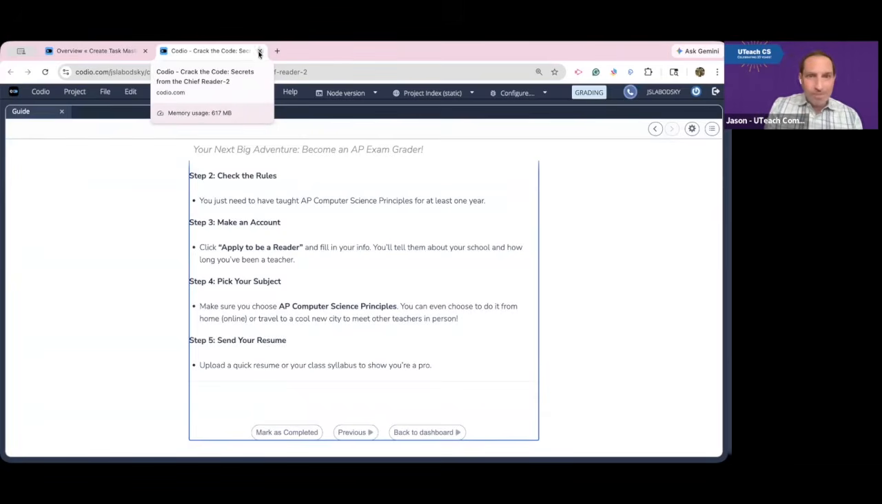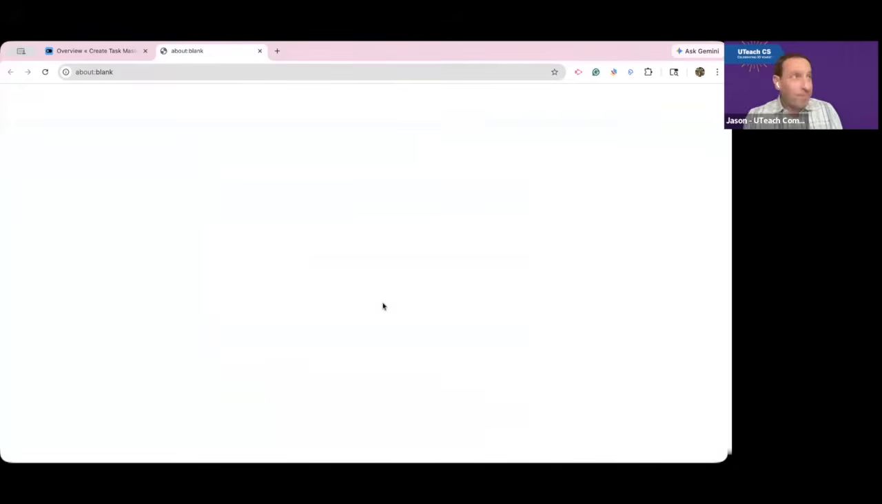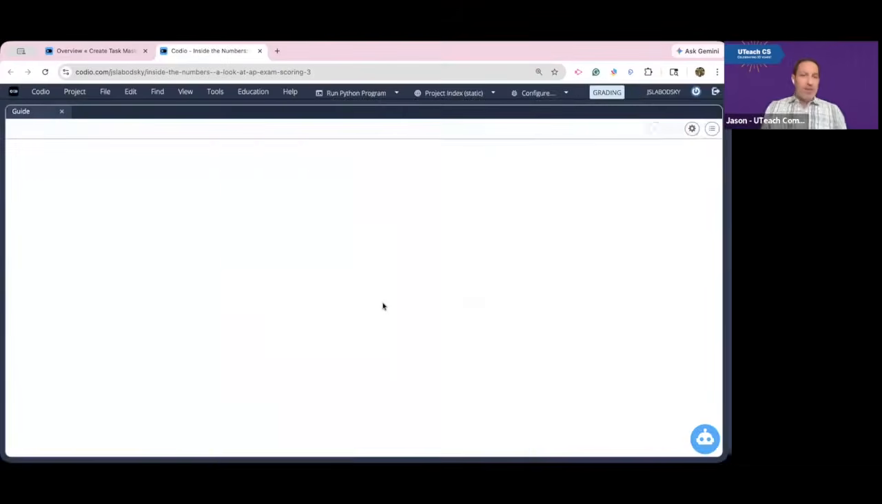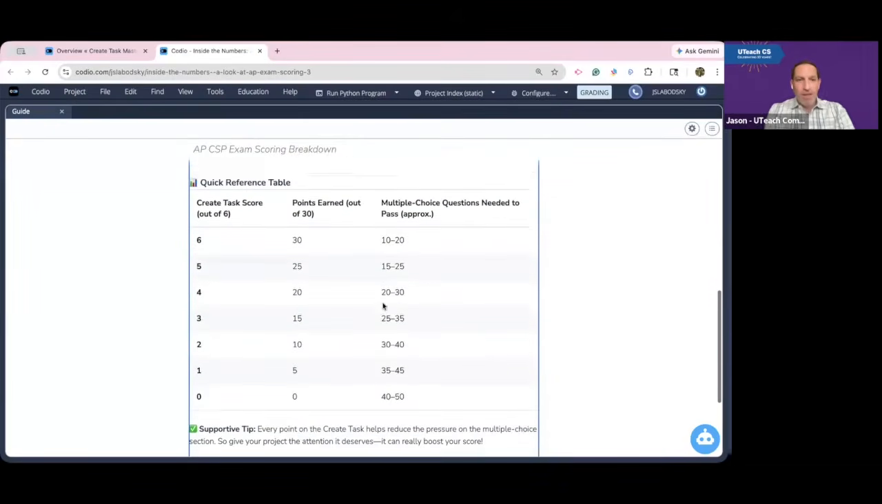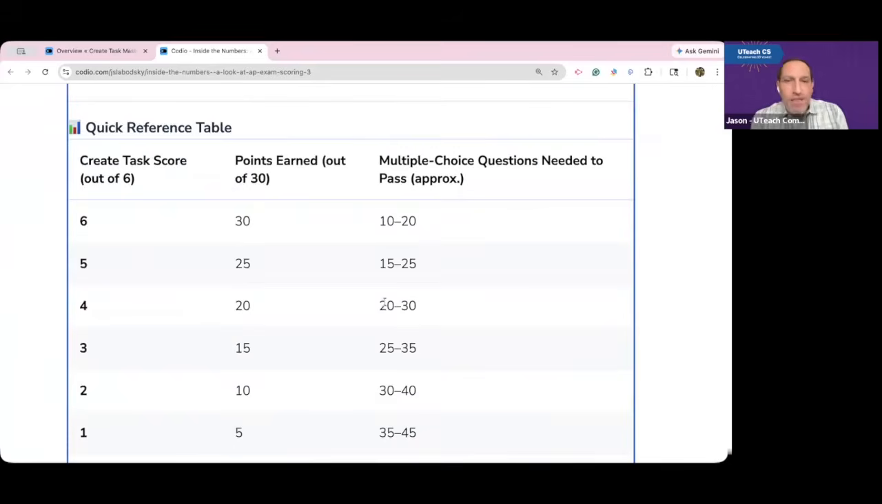Okay. So that is where we wanted to start. Now, what does it mean? Very quickly, let's go inside the numbers. I remember when I was a kid, we used to do this for football. Okay. So if they get this score on the create task, here's how many points they need to get on the rest